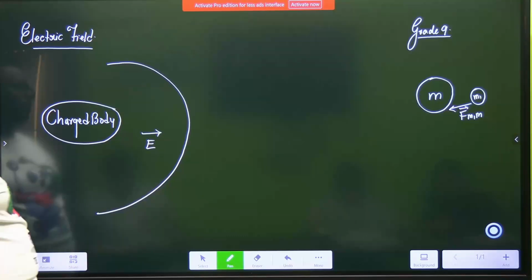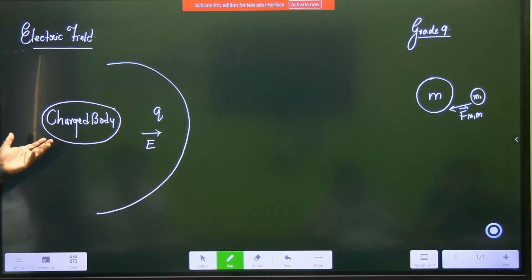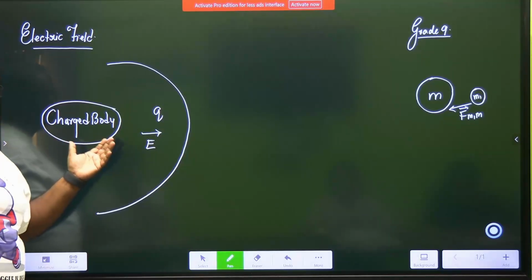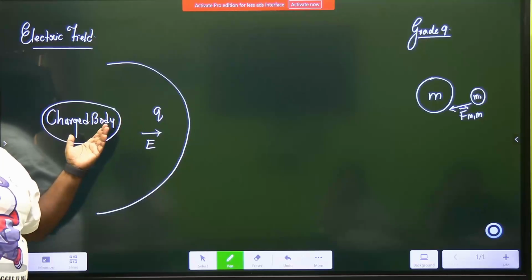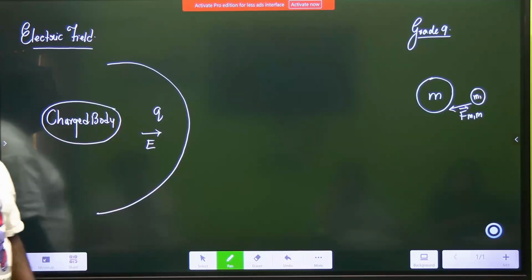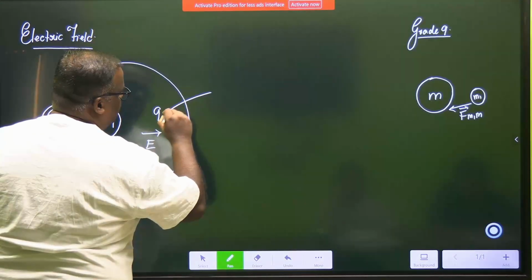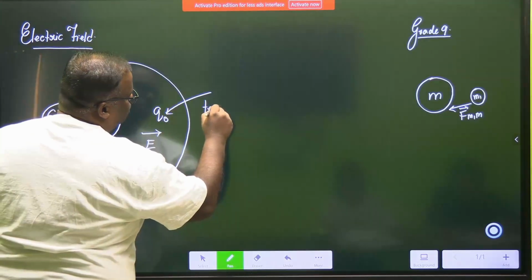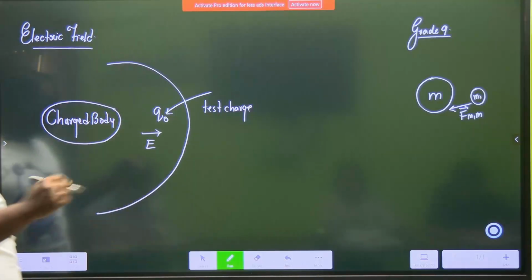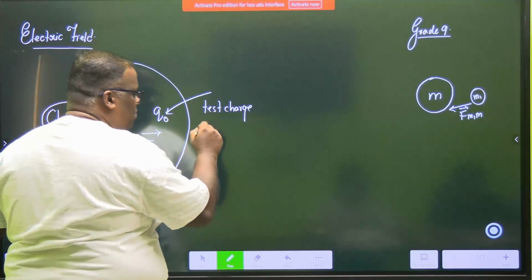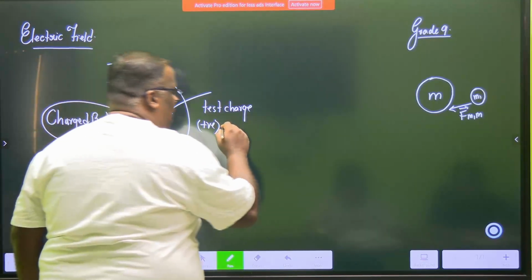The best way to feel it is we bring another charge. Now, say this is a shop, and it's making delicious food. How do you understand he makes delicious food? Obviously, somebody has to come and eat it, right? So you have to bring that somebody. Now, that somebody in physics is denoted by Q naught. Get your concepts correct. This is called a test charge. A test charge is something which will be positive in nature, always,